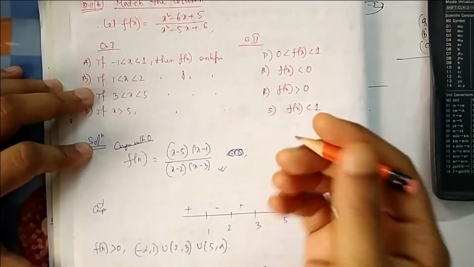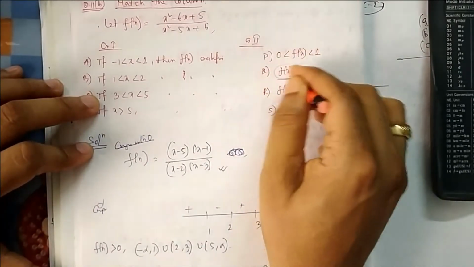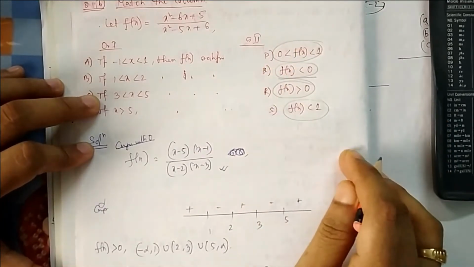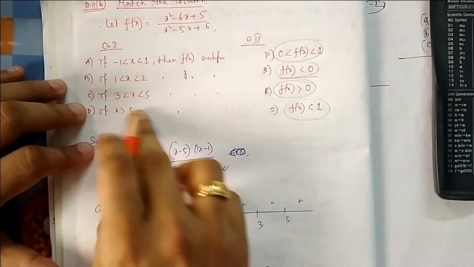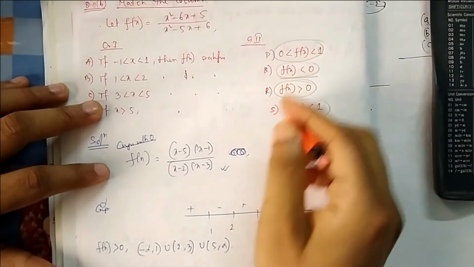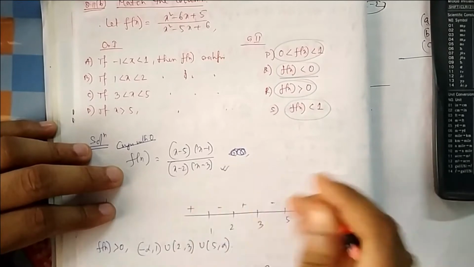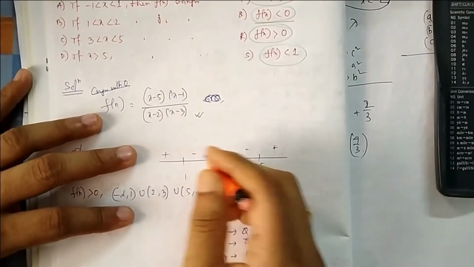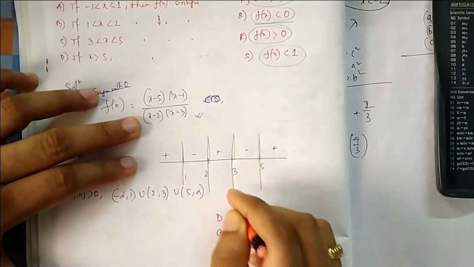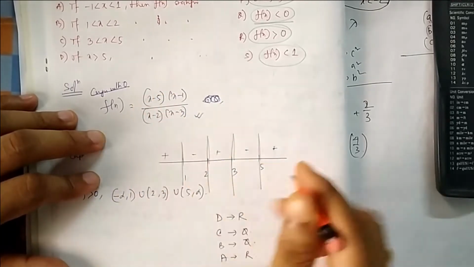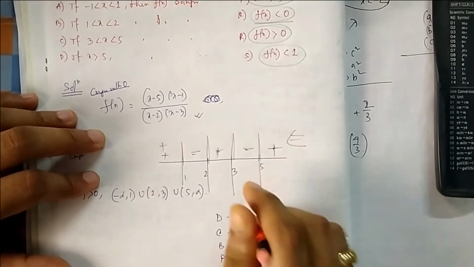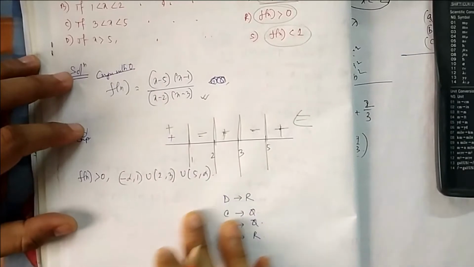So the first thing that we have to see here is what we have to match. One is when the function is positive, when the function is negative, and when the function is less than 1, when the function is 0. So you have to find all these boundaries. Once we find all these boundaries, from here we can say at which position it is positive, at which position it is negative. Now for getting the function positive or negative, I have already told you I have to insert poles. Where will I insert poles? One is at x equal to 1. What are the roots? x equal to 5, x equal to 2, x equal to 3. All are standard x minus alpha, x minus beta format. So you can start from the left hand side, plus, minus, plus, minus, plus, or you can check by putting any values.